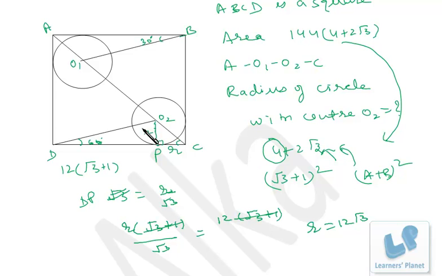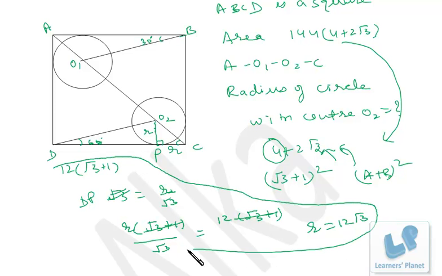So the complicated problems involve this much paperwork. Only this much. Even from this also you can reduce to a certain extent. Till here the problem is going on. This 4 plus 2 root 3, if you know the concept, you don't have to write it over here. Instantly you can say the sum is 3 plus 1 and product is 3. So the number should be 3 plus 1. That means it is root 3 plus 1 whole square. That means square root will be root 3 plus 1 into 12. Right? After that, it's really easy.